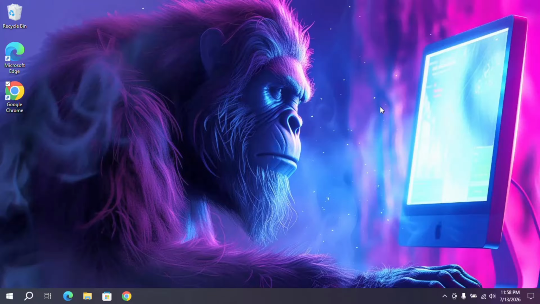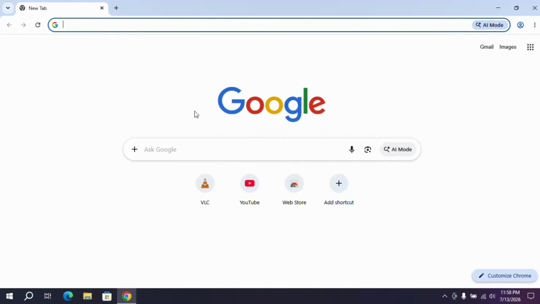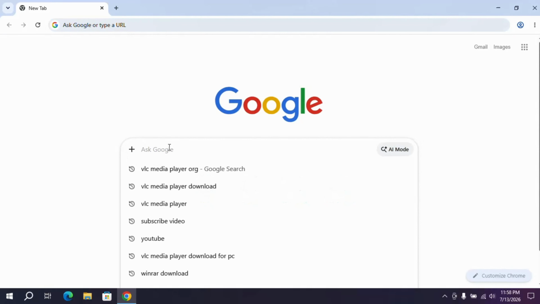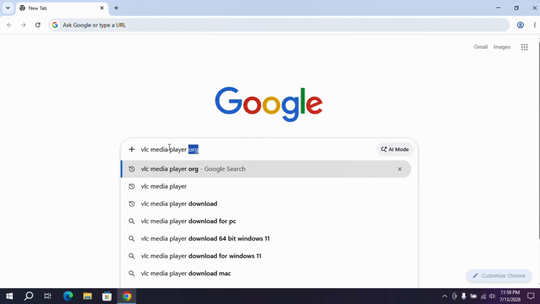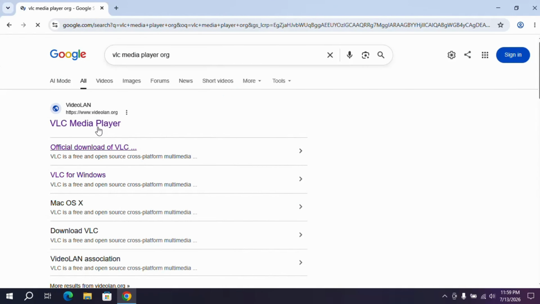So to download that, first we want to head towards our browser. Now you can use any browser of your choice. I'm going to use Google Chrome here. Now once we land on Google Chrome, what we are going to do, we are going to search for what? VLC media player org. So you are going to search for VLC media player org, and once you search for this, it's